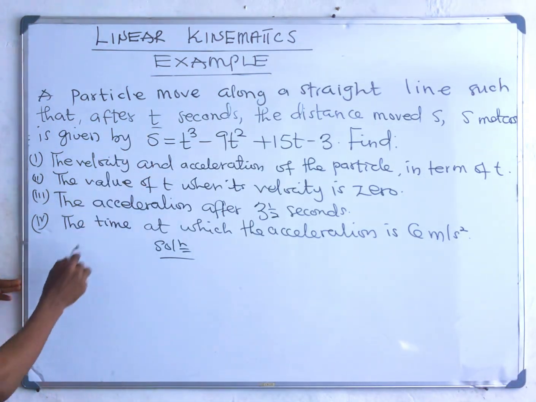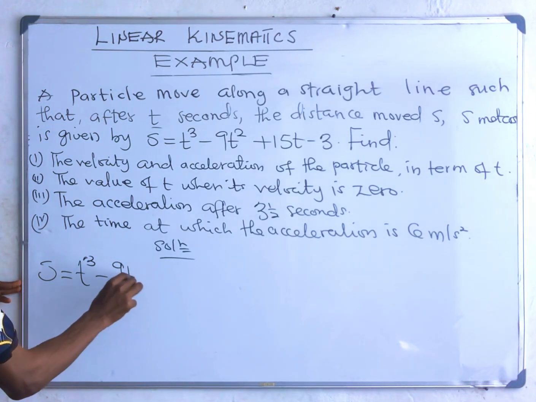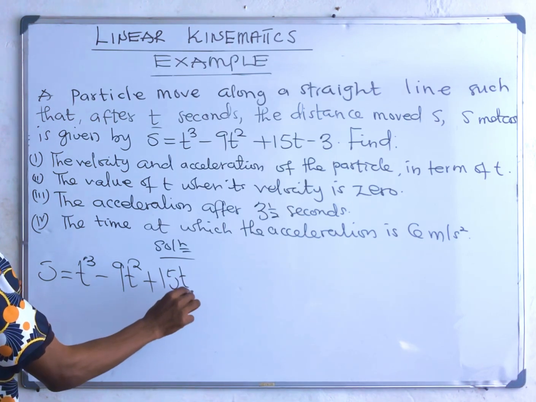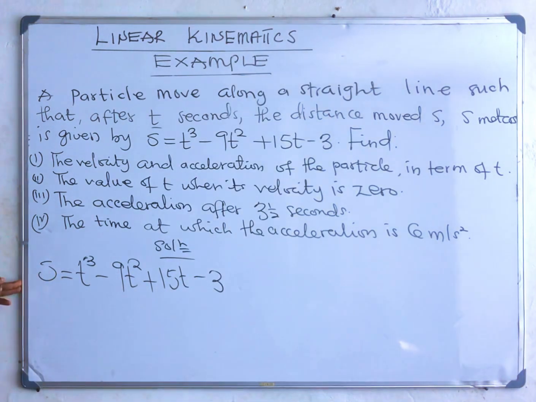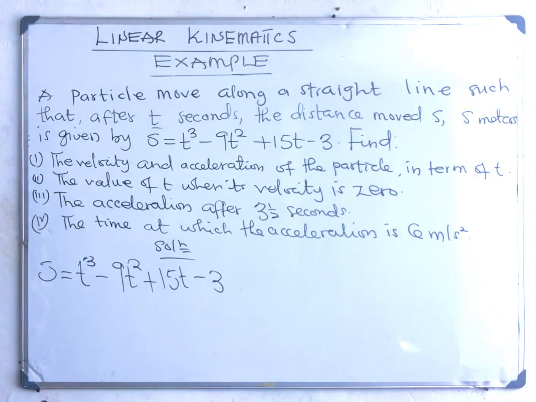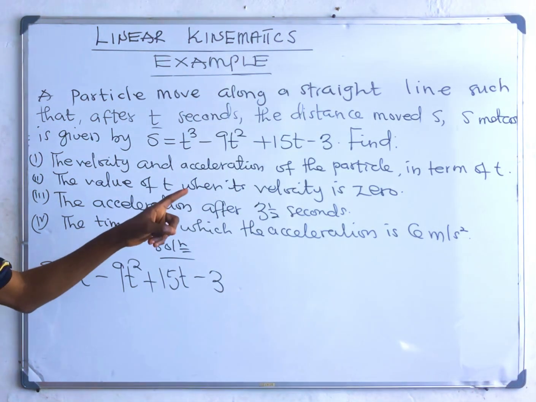First, you have to be able to identify the distance or the displacement given. So you have t cubed minus 9t squared plus 15t minus 3. Is that okay? So this is what is given. Here, the first thing says we should find the velocity and the acceleration of the particle in